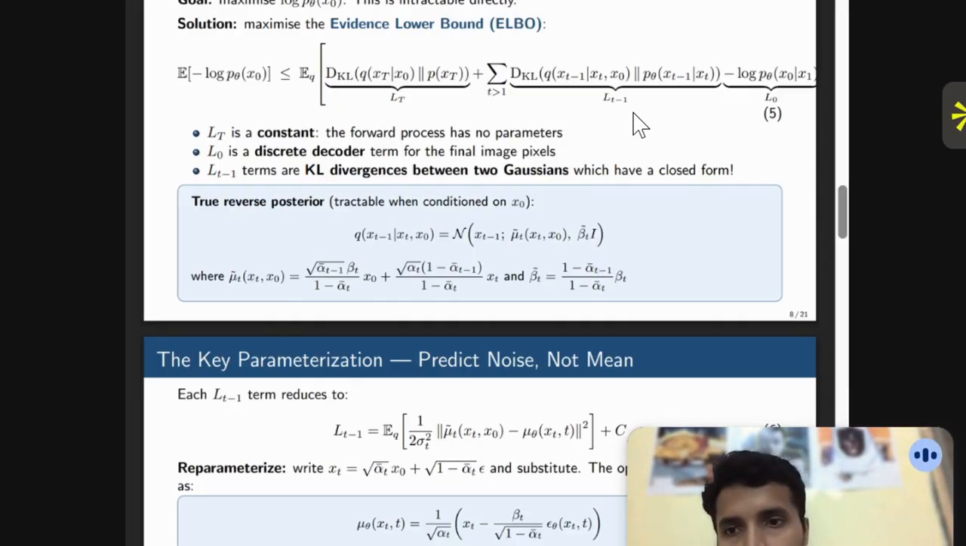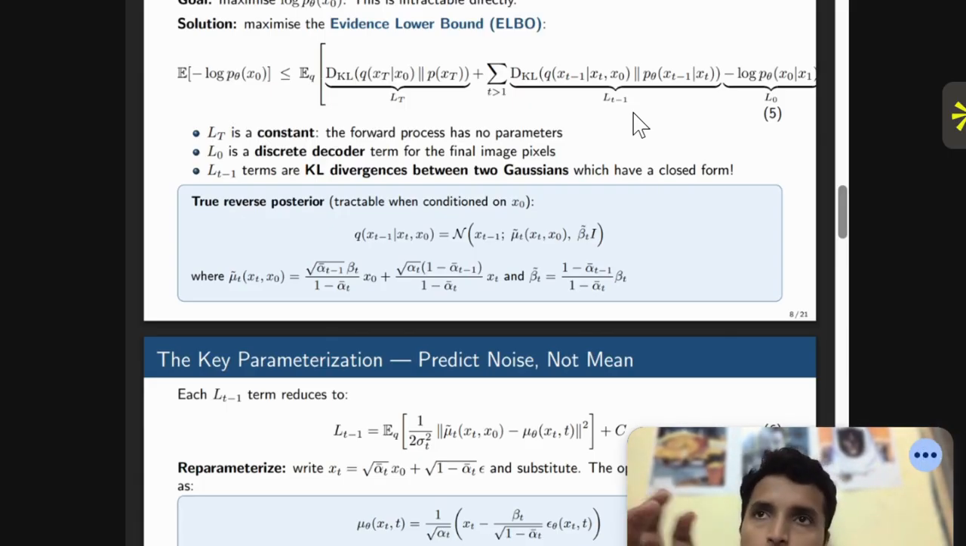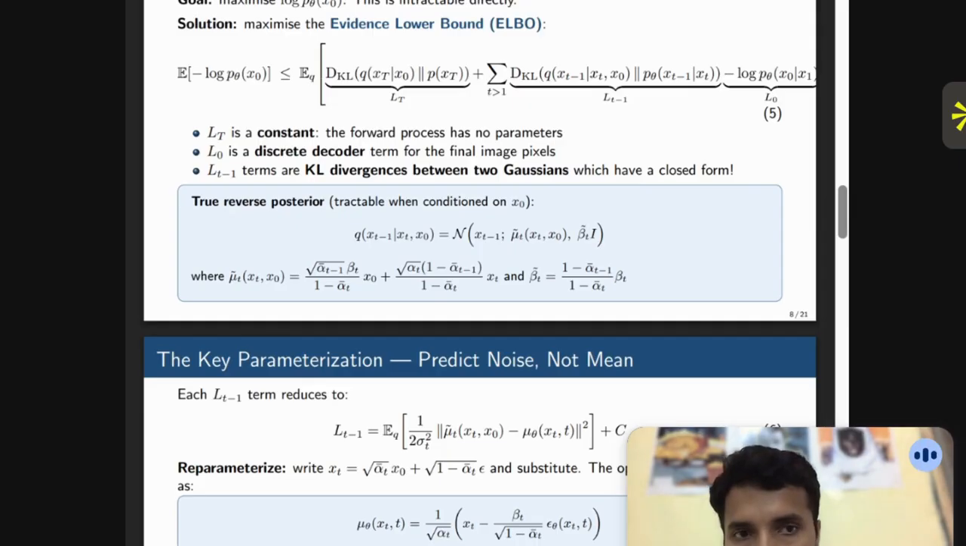So what we do instead is we try to maximize the ELBO function that we have, which is something that we do have a bit of experience with from the VAE derivation that we did during our lab class. If we look into the form which the ELBO function takes, we can find three different terms over here: LT, L t minus one, L naught. If we want to understand the significance of each of them, we can look at it this way: LT is basically a constant term, because it measures the KL divergence between our final